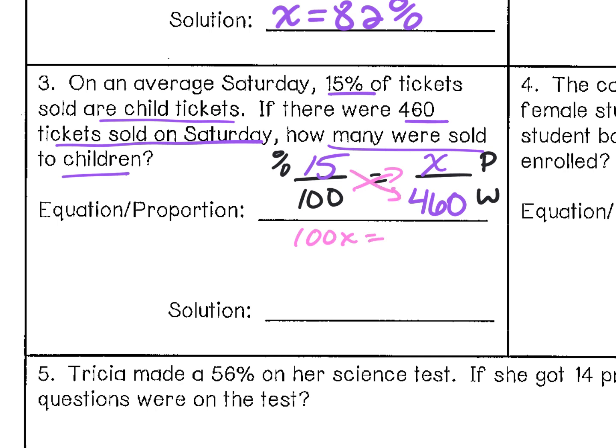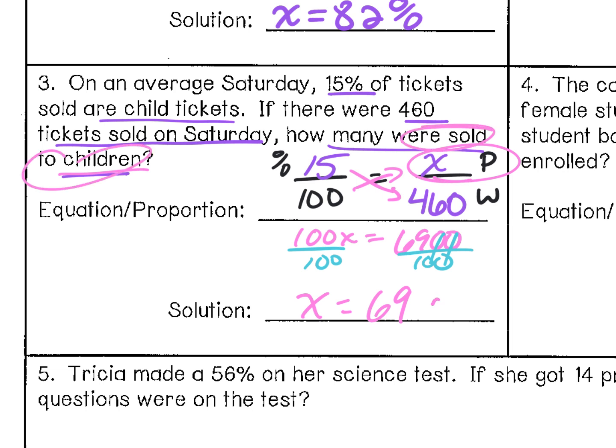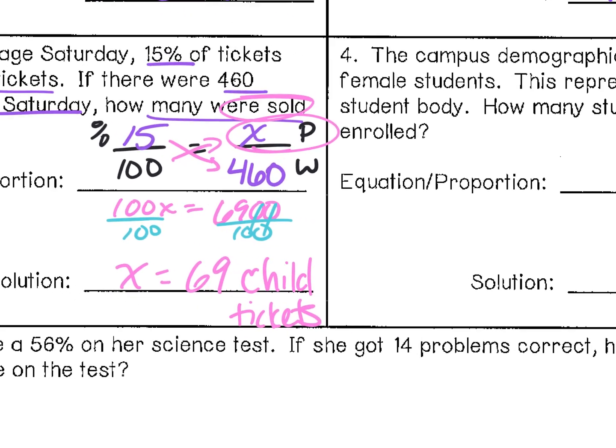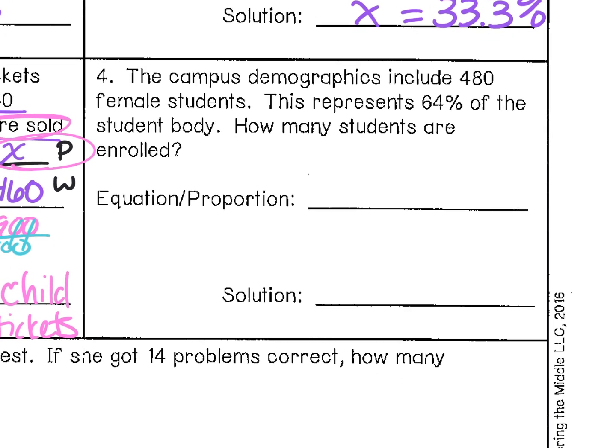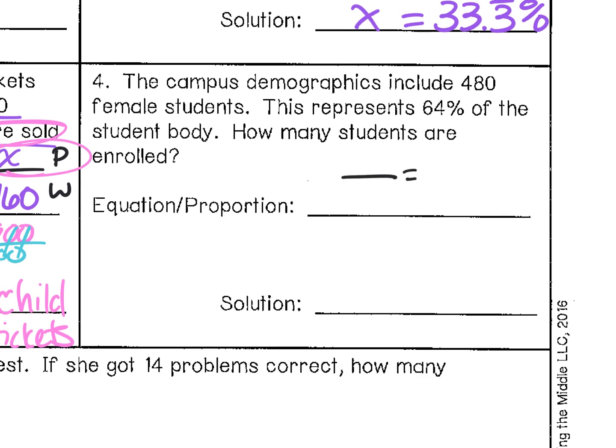You should be working these out yourself. Use your calculator. Divide by 100. So here my X is 69. And since we're looking for child tickets, we're just going to put child tickets. You should be labeling these. Again, if I'm going too fast, pause it, work the problem out each time. If you're not practicing, you're not learning. Okay, so